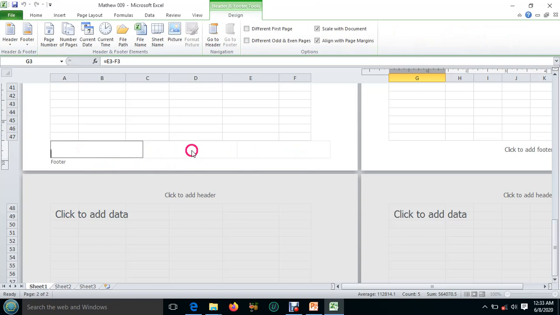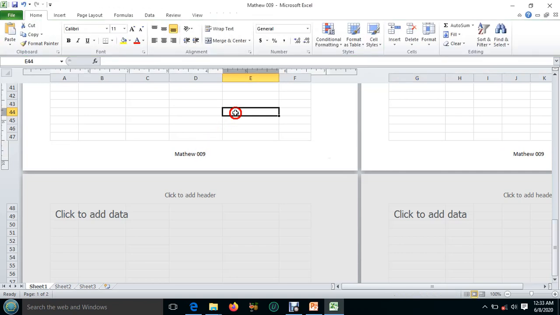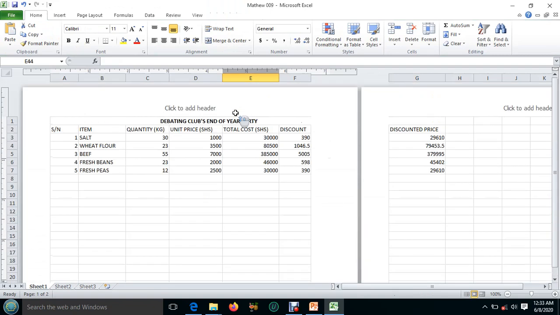So I'm going to put it in the middle, and they said the footer must be your name and personal number. So Matthew 009. Then you come back and just click anywhere within the document and you go back. Okay, they also want us to insert a footer,